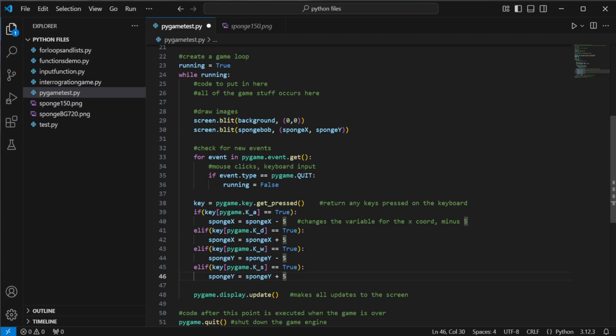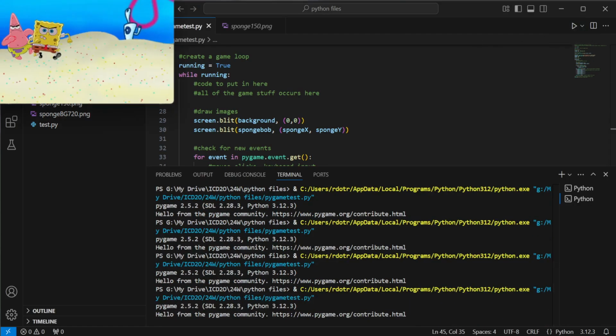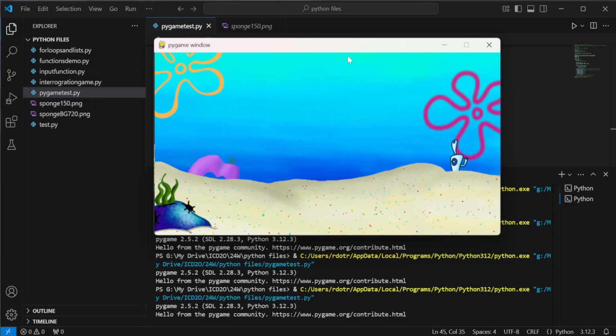Okay, so let's take a look at what happens here. Let's just try and run this and see what happens. We're going to run this, and I'm going to use my keys. Okay, so right now, this might be happening to you as well, is that